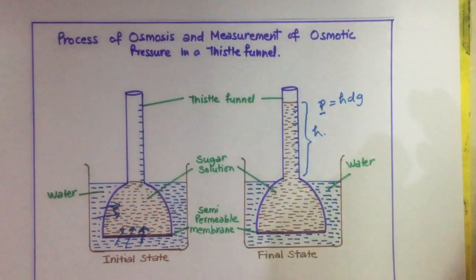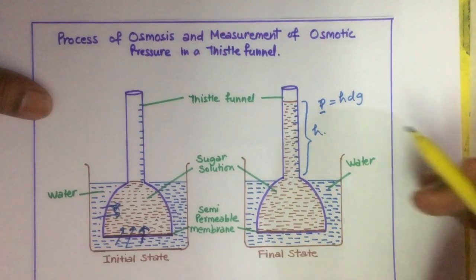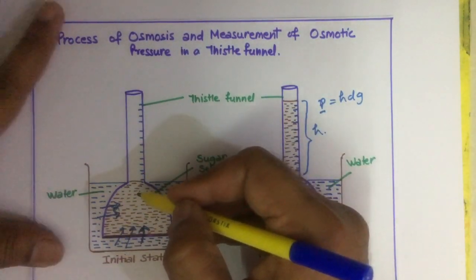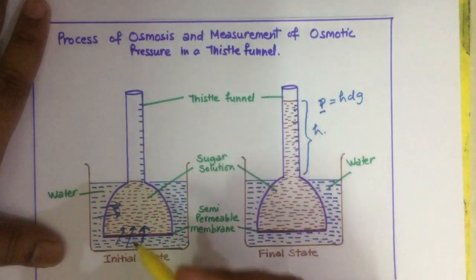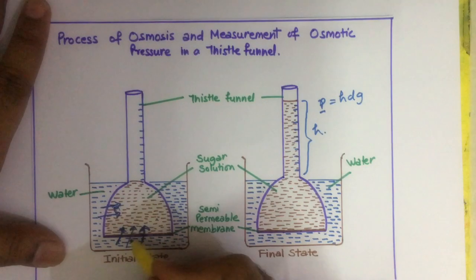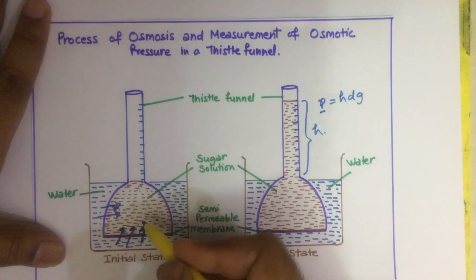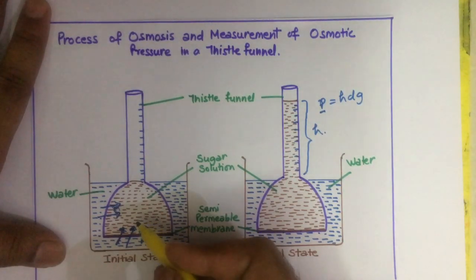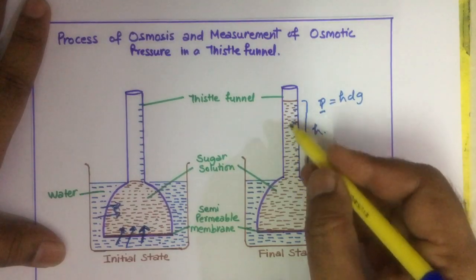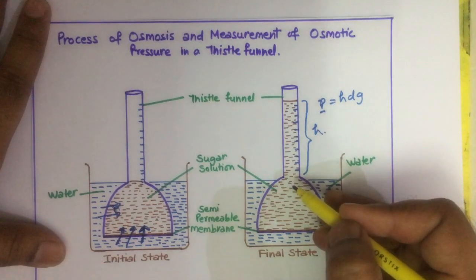Now we will study osmotic pressure. We have studied that when an aqueous solution of sugar is placed in an inverted thistle funnel, separated from pure water through a semi-permeable membrane, there will be osmosis of water molecules into the sugar solution. Water molecules go inside the sugar solution through the semi-permeable membrane, as a result of which the water in the column of the thistle funnel rises, and an additional hydrostatic pressure will be exerted on the solution.